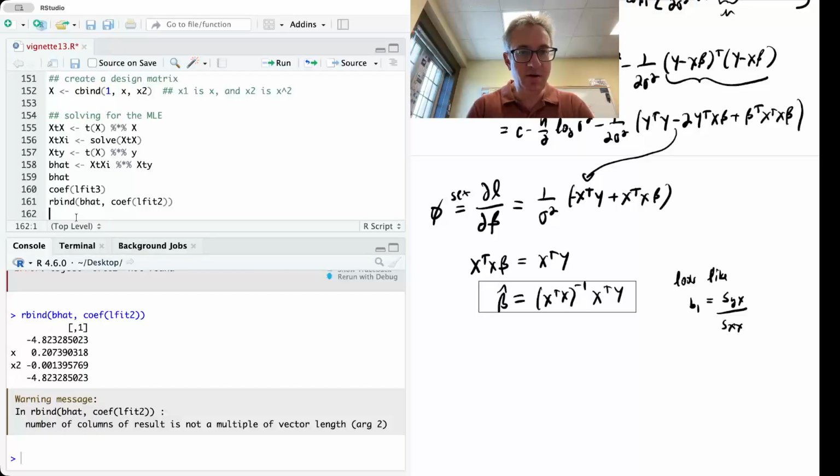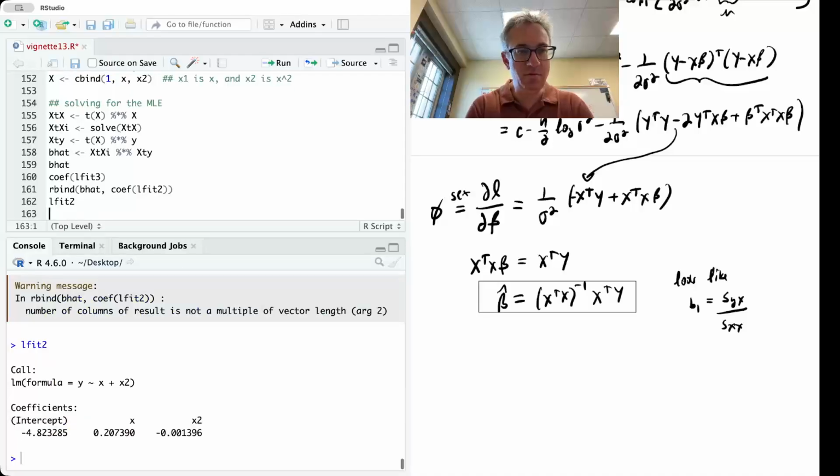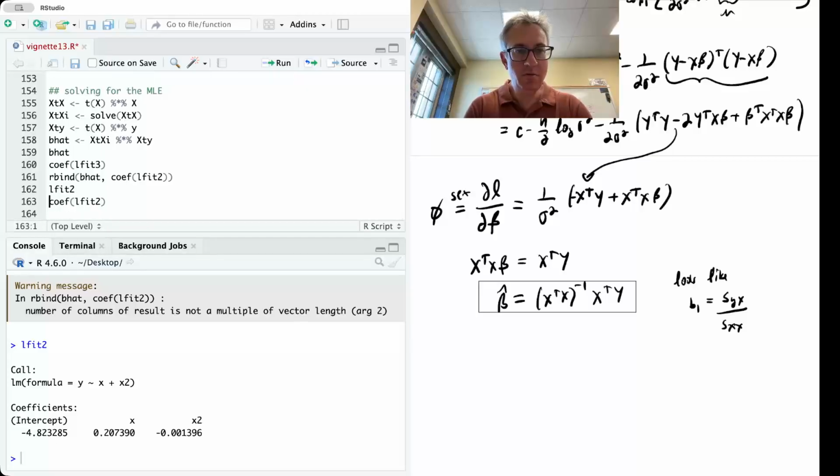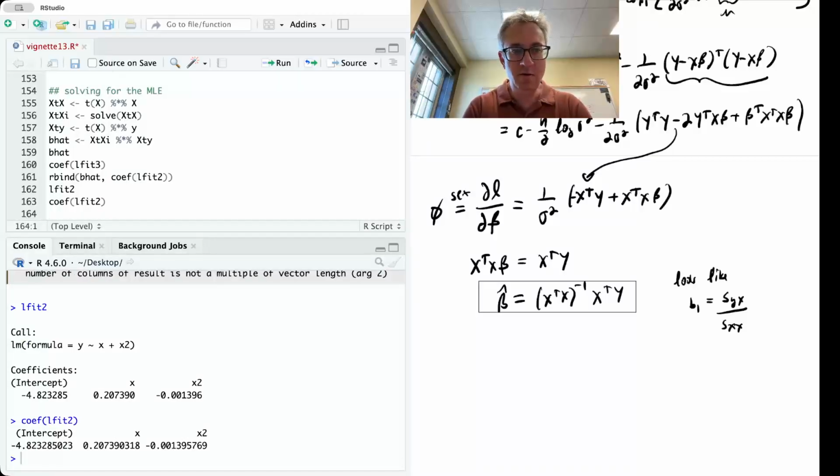What is lfit2? Oh, isn't that what I calculated? Why can't I do an rbind of those two things? Coif lfit2, and